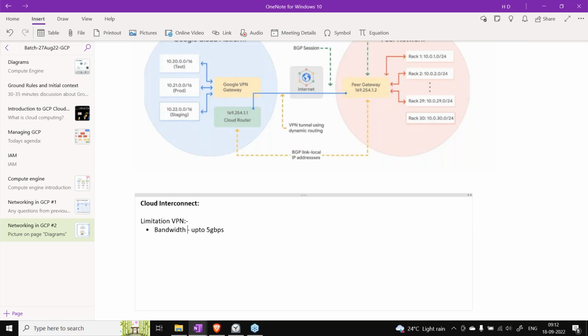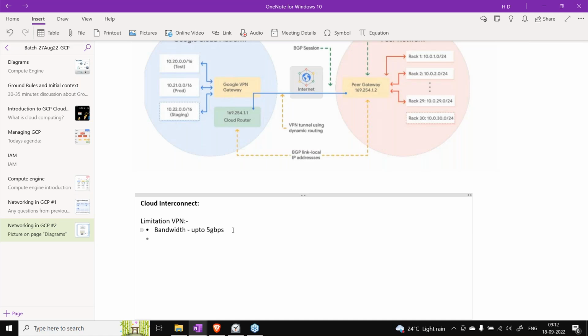If you have proper networking in place and your network supports that, the VPN can still only be used up to a bandwidth of 5 Gbps. If your requirement is more than that, then VPN may not be a possible solution for your on-prem to GCP connection, right?